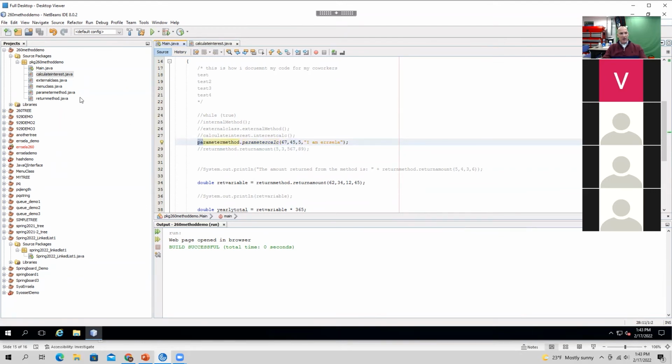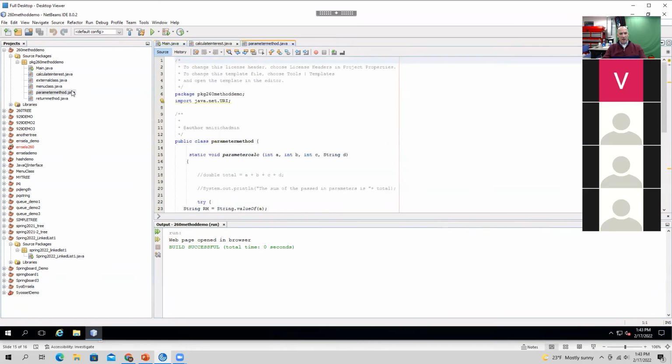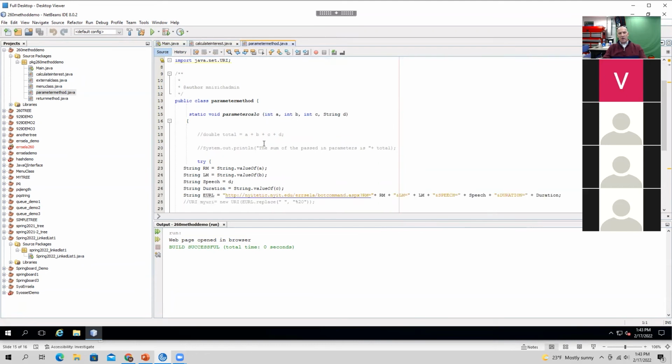But if we look up the parameter method in Java and we look up the parameter calc, look at what we're using. We are basically saying that in our parameter calc method, we're looking for A, B, and C integers and a string. We're looking for 4 pieces of information to come in. 3 are integers, 1 is a string. If you notice, that's what we typed in before.